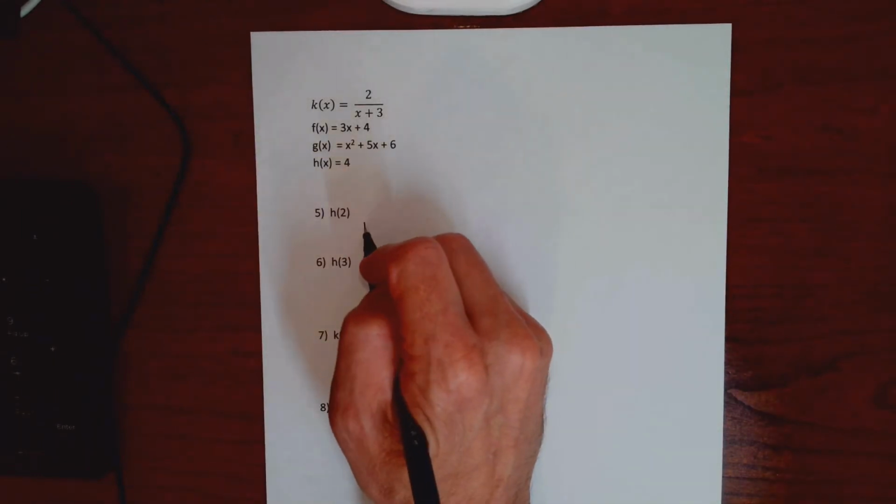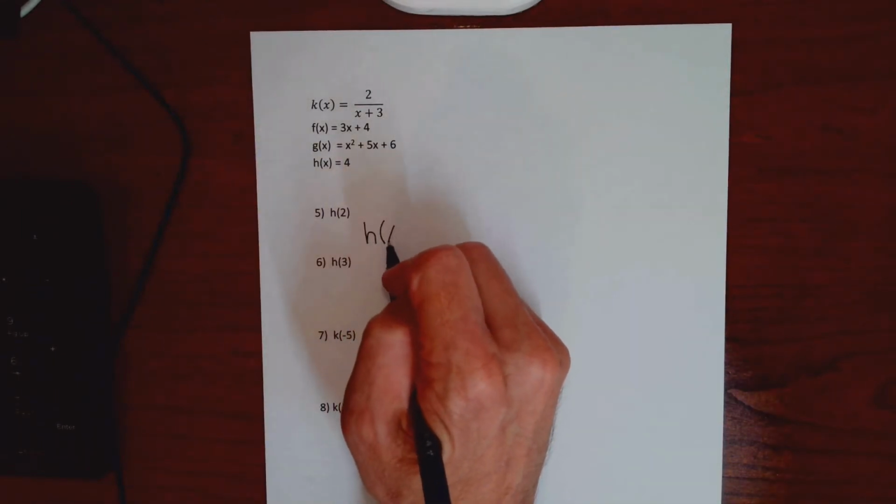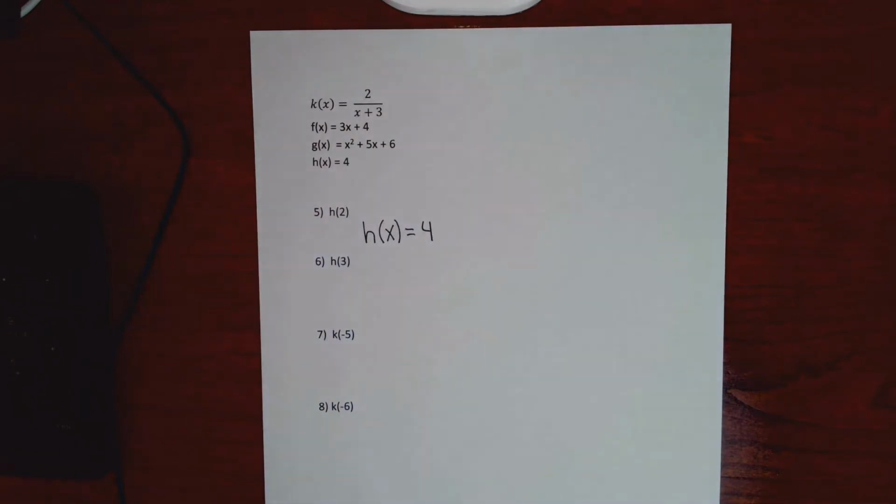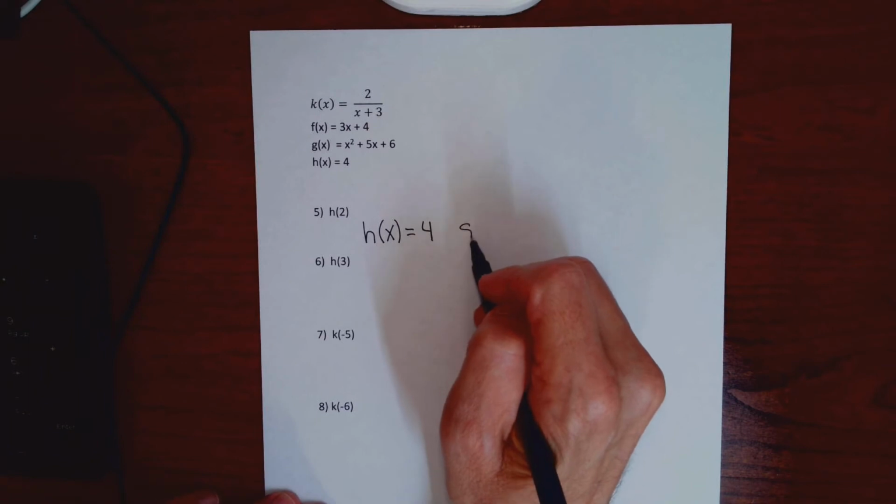Problems 5 and 6 call out the h function. I've been helping my nephew with Math 151 at GCC this semester, and he's not liking these constant functions. h is called a constant function. When I look at h, there is no x. If this bugs you, you can rewrite it. This function would be the same